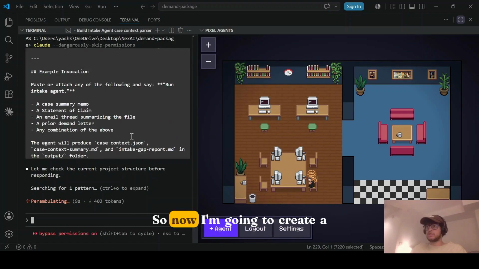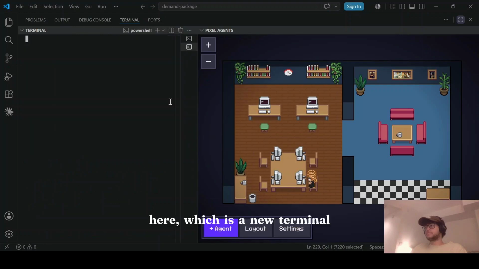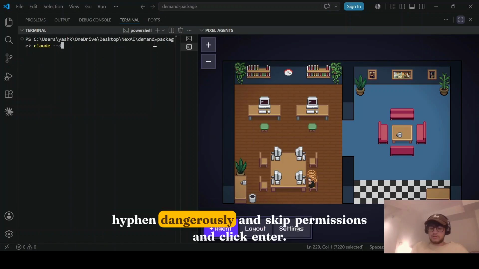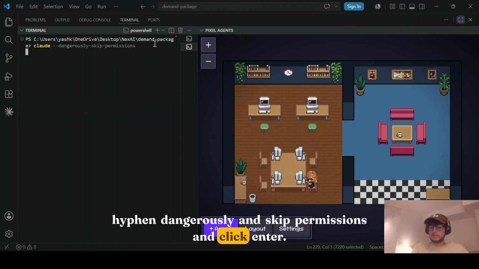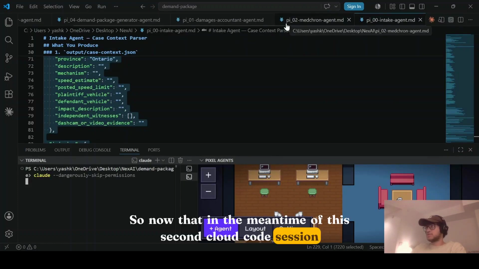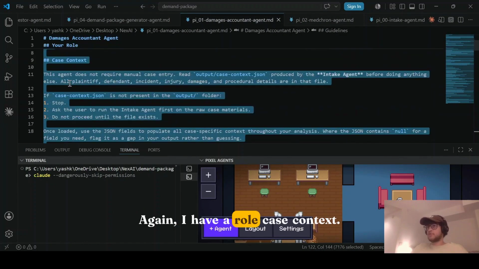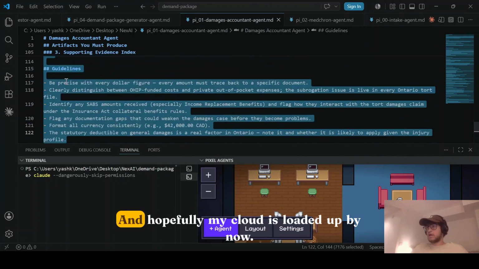that all of our other agents will use. So now I'm going to create a new terminal in the same folder. I go on the plus sign right here, which is a new terminal. In our folder, I'm going to do the same thing again, which is claude, and skip permissions, and click enter. While this second Claude Code session is starting up, I'm going to go to my next agent, which is my damages accountant agent. Again, I have a role, case context, everything ready for this agent, and I'm going to copy this,